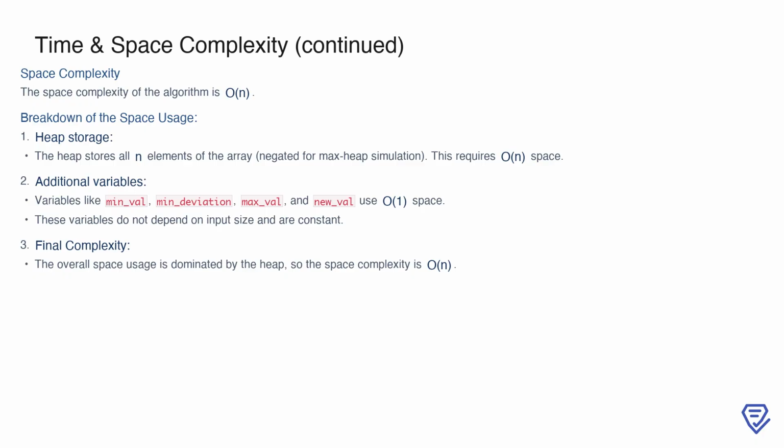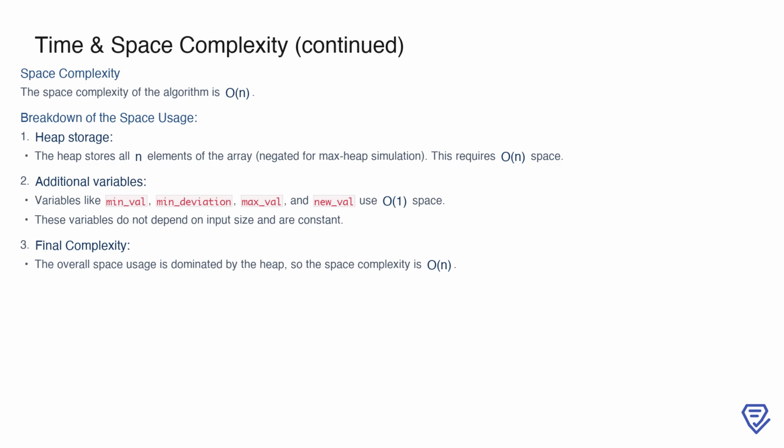Beyond the heap, the algorithm uses a few additional variables such as min_val, min_deviation, max_val, and new_val. These variables are constant in size and do not depend on the input size, contributing only O(1) to the overall space usage. Therefore, the dominant factor in space complexity is the heap storage, resulting in a final space complexity of